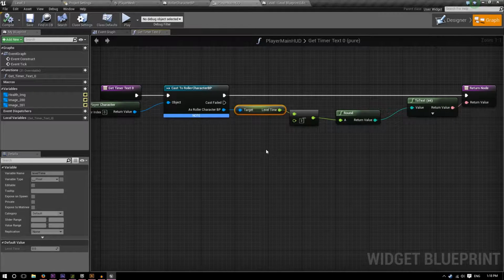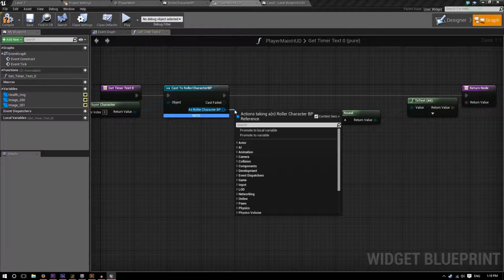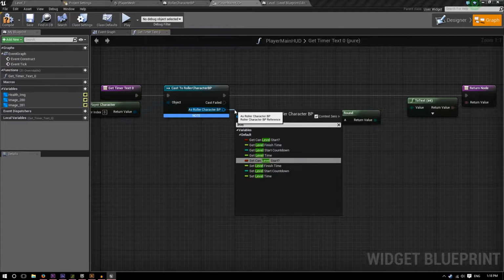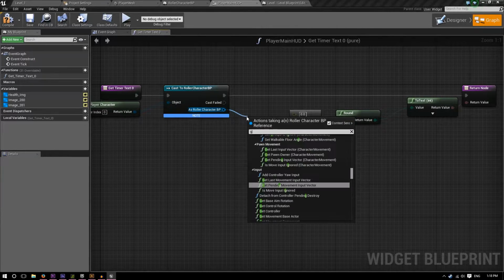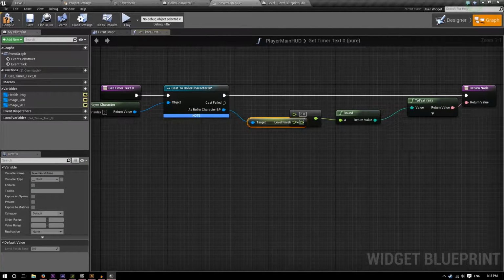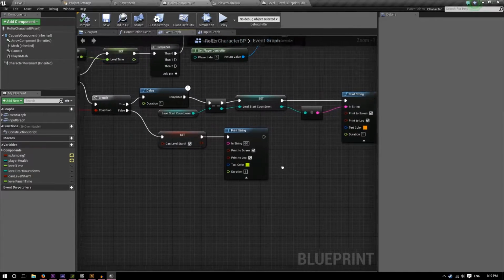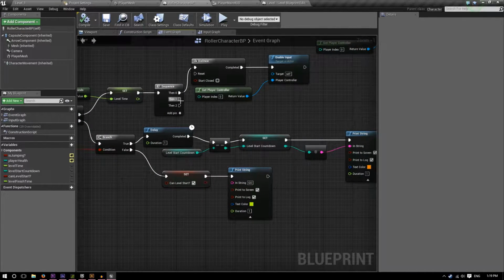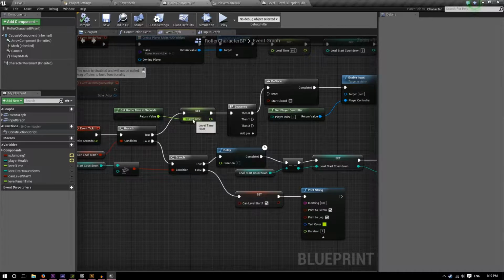So, first things first, let's quickly leave that as is. In the main player HUD, instead of the actual level time, we're going to use roller character. We're going to go to level finish. Oh no, not set. My bad. Get level, get finish, get level finish time at -3. Save. So as roller character, every tick we will